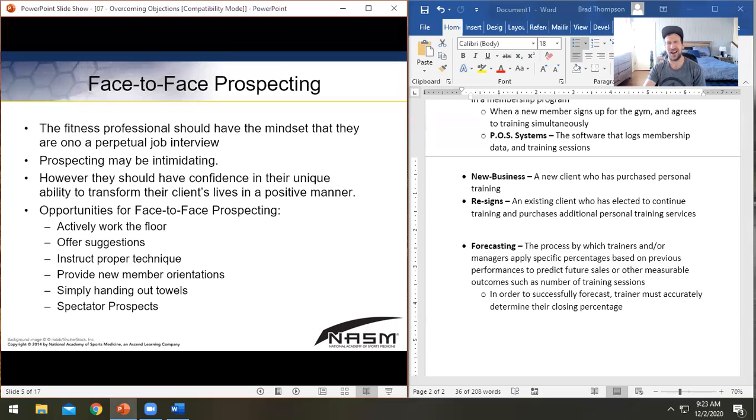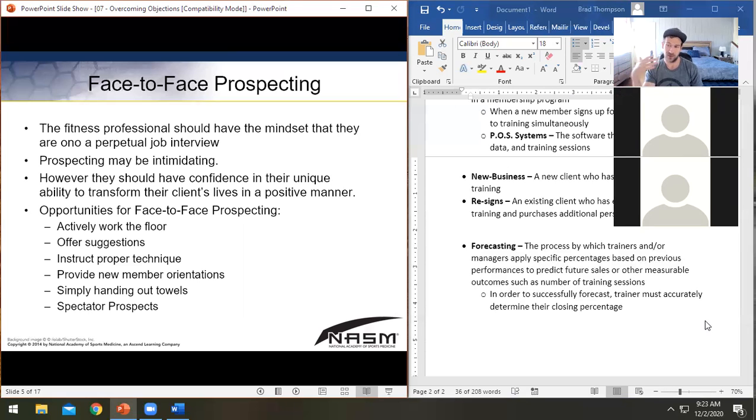Handing out towels. I hated this until I totally got it. I used to work at a place where the training staff, if you were not working the floor and not doing anything else, had to be folding towels and putting water bottles on the counter for clients coming in, because they got a free bottle of water every time they showed up, and a towel to use during their workouts. And I remember just being like, oh, I hate this. I went to school for this, not how to fold towels.